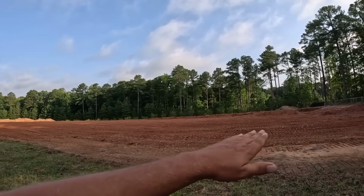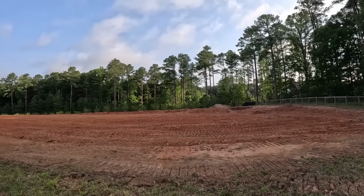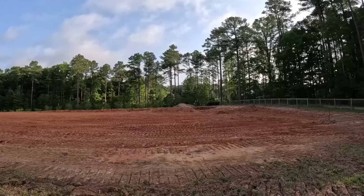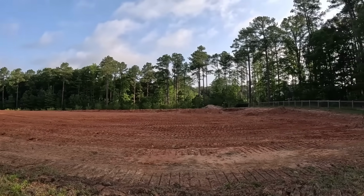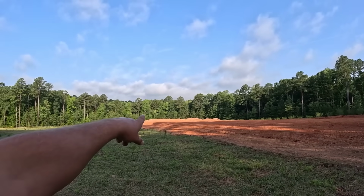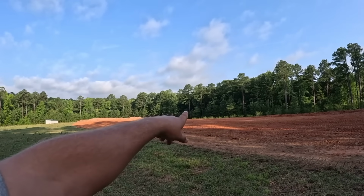I feel like this right in here is pretty good. May end up having to cut this down a few more inches to get the dirt to fill that in, but starting to look pretty level across there. So I haven't checked it since Saturday when we first started, so let's see what it looks like. Checked everything. It's about 2.5 feet low down there on that corner and about 18 inches or so down there